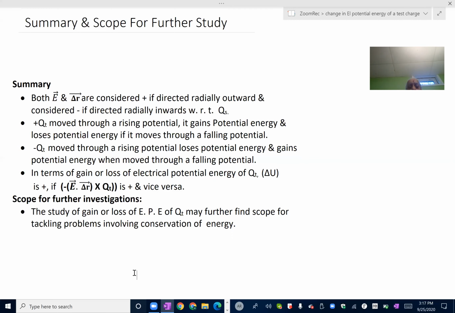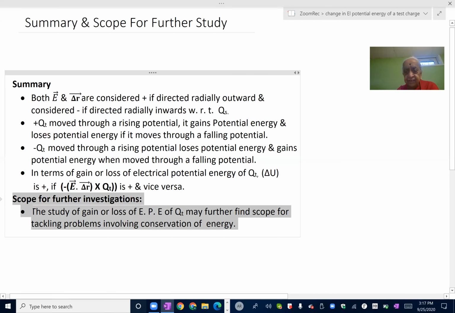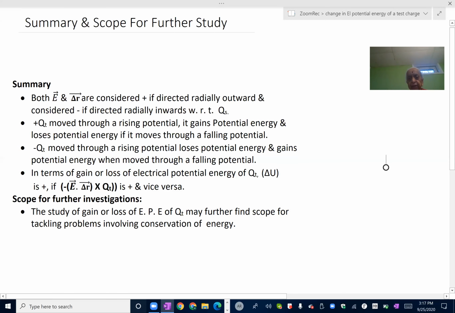Now, what is the scope of this? What is the need for studying this particular unit? In certain cases, the loss in energy may come from some other source, and you have to investigate where it got the energy from. Sometimes there may be a loss of energy. The loss of electrical potential energy may either result in kinetic energy of the moving charge, where the charge will start moving, or it can be dissipated as heat and so on. So these will be the studies to follow based on this in current electricity, where we have to study only about the charges.